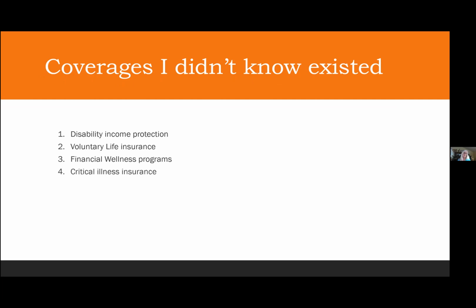Critical illness insurance. This is an insurance that pays a benefit to the employees if they are diagnosed with a critical illness, cancer, diabetes, and that benefit comes to them tax-free. Now, most plans in Washington State, oddly enough, are like $50,000. So that's not a huge benefit, but when you have a diagnosis of a critical illness like that, that $50,000 is immediately provided as a tax-free benefit. So that's something that your employees can benefit from, and you can have that paid for by the company, or you can have that benefit paid for by the employee.